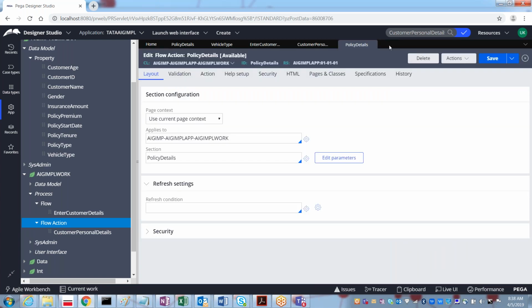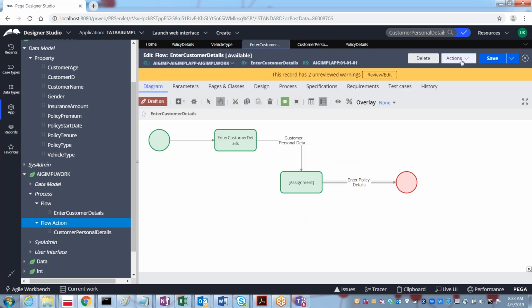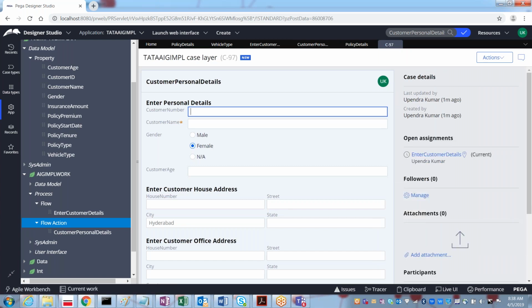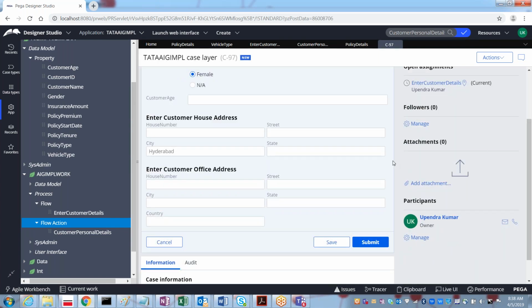Here we only placed the properties, but how come the buttons? Actions, run. See here, once you give the personal details, to move to the next screen, you are selecting the submit button.